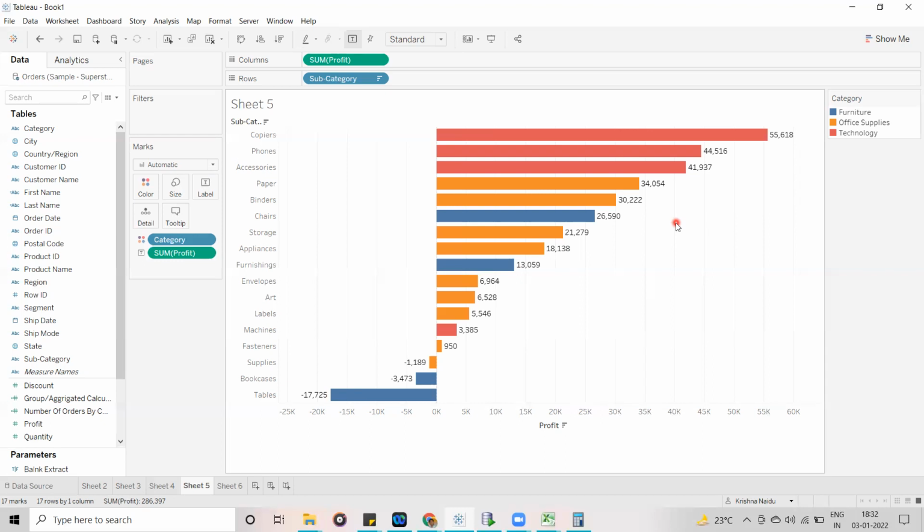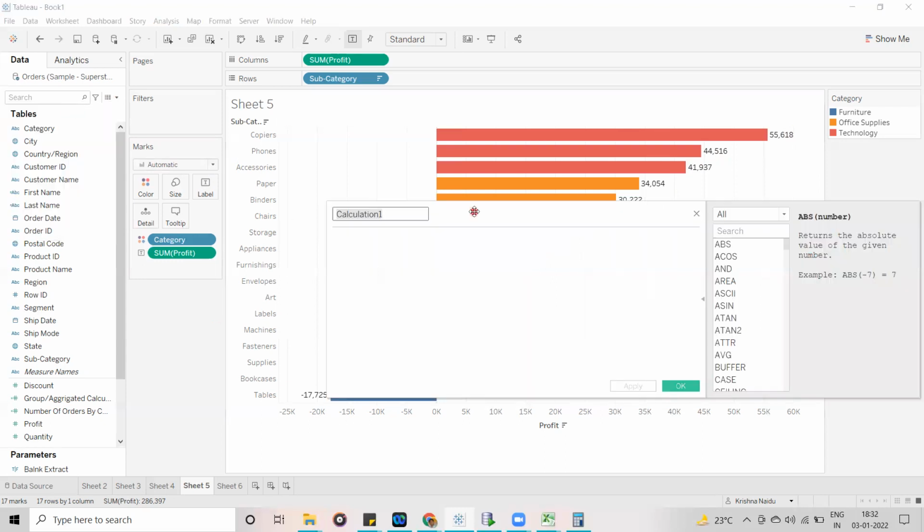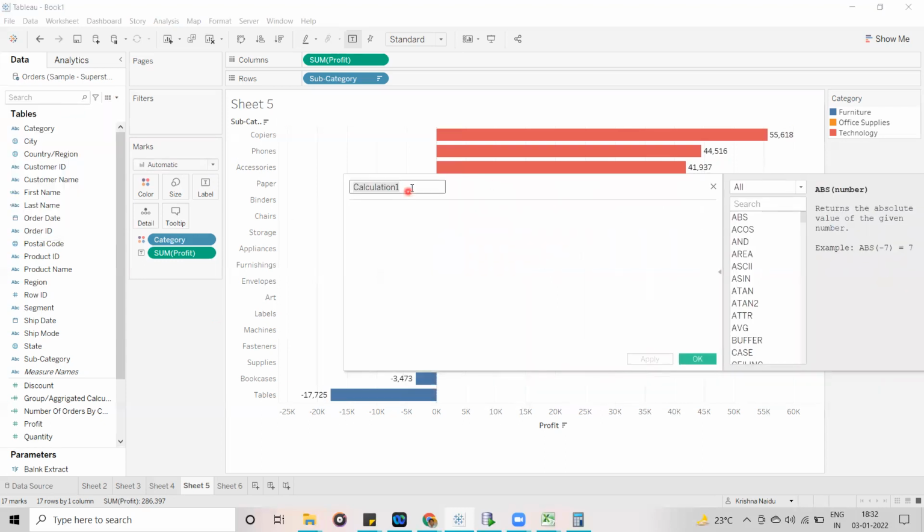Now, let me show you how we are going to use that. As per our requirement, I am going to display the total profit here. Let me create a calculated field. I am going to use a fixed LOD function.